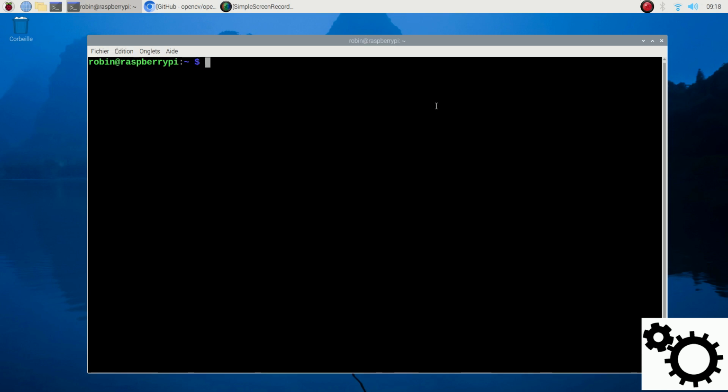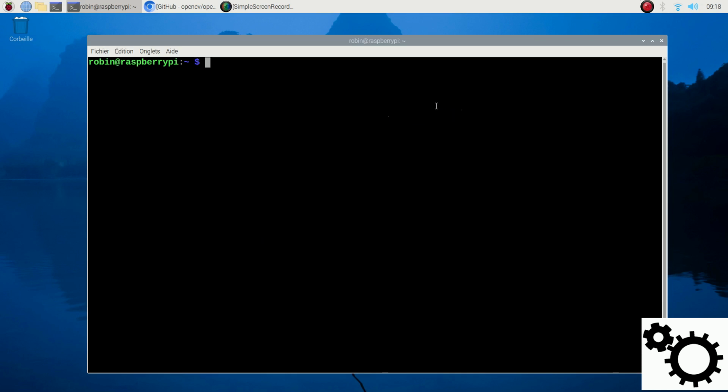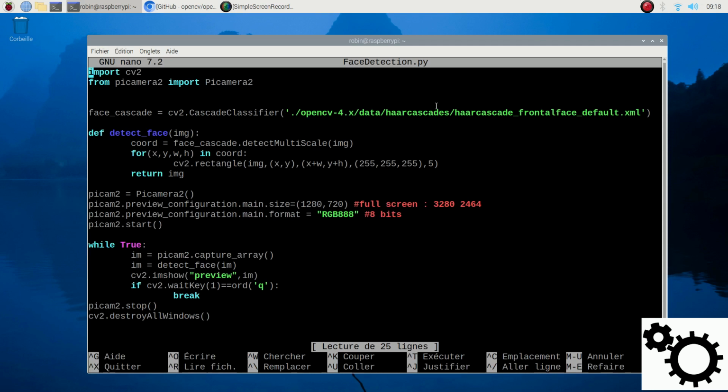So for this demonstration, I'm using a Raspberry Pi 4B running the 64-bit version of Bookworm OS. I have already created my script, but I'm going to explain it. I can open my script with nano facedetection.py. So here is my script, and you can see here I'm using the cascade classifier used with CV2, but we